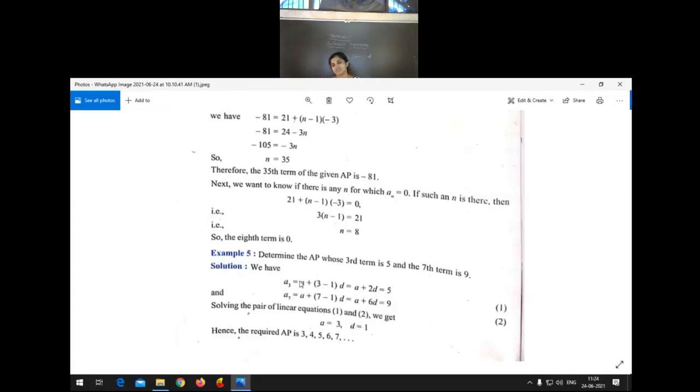Or if we substitute it in general form also, you will get a plus 2d is equal to 5. So then seventh term is 9. That is a7 is equal to a plus 7 minus 1 into d, that is a plus 6d, which is equal to 9. Then solving the pair of linear equations 1 and 2, we get a is equal to 3 and d is